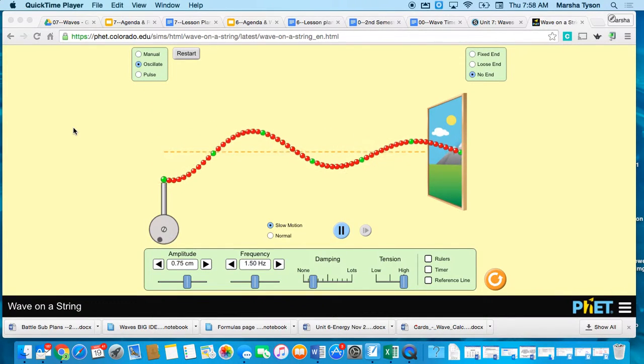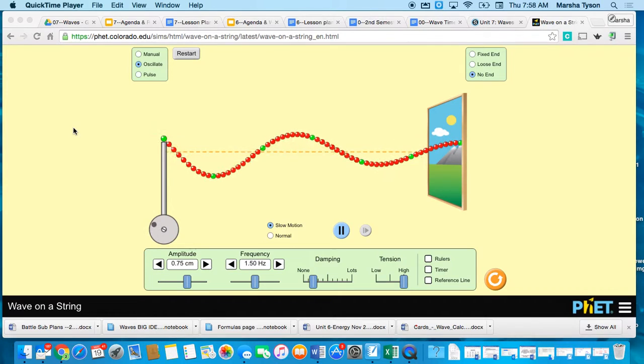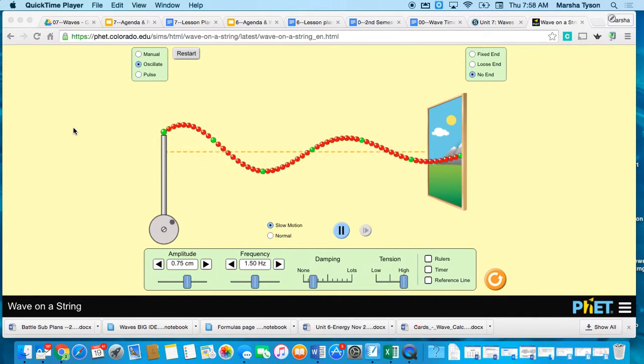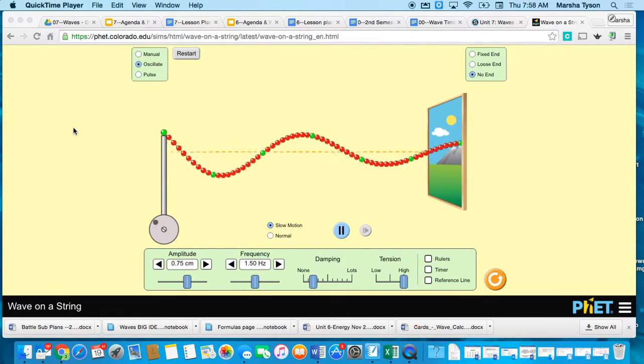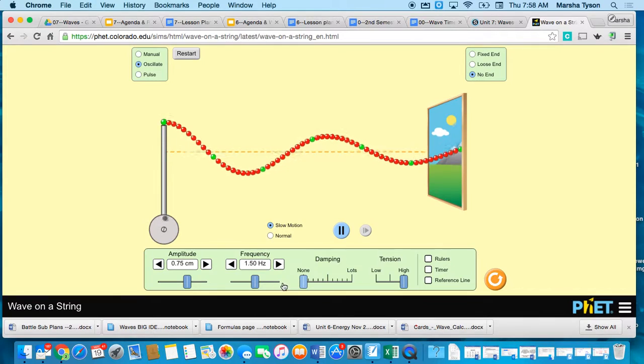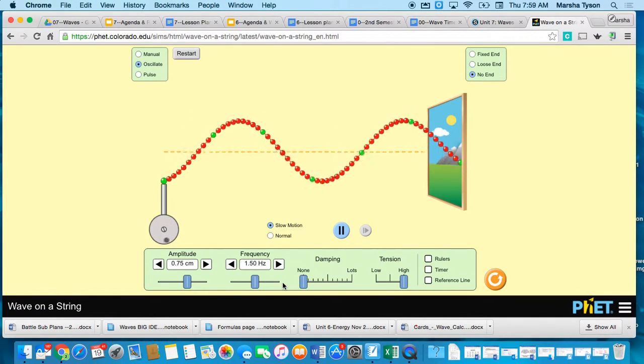Lab that we did, as well as your iPad opened up to this lab where we actually manipulated the frequency and we measured the wavelength. The other thing that you did was you looked at wave speed. Now, when you take a look at this, before we even get into some of the numbers, you see your